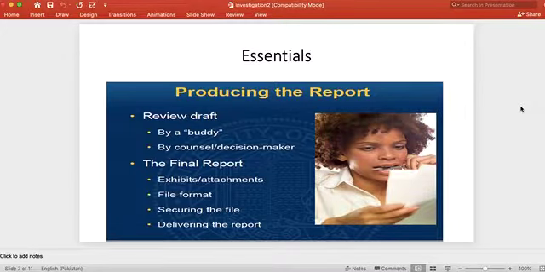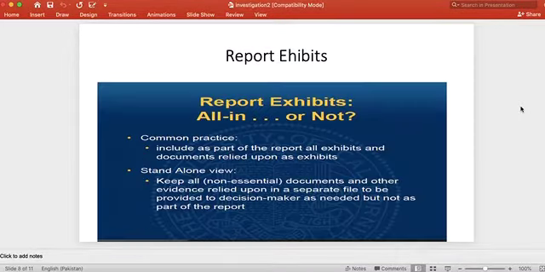When the report is in the final phases, we need to see whether the exhibits are attached or not, and whether any of the documents which are required are attached. What is the file format required? Are we doing it in the same way as the file format is required, or not? The same is the case with securing the file. I mean, sometimes the security of the file may be in trouble, where people can steal the report, steal the data, and in order to avoid that, what is the security of the report? And then how will the report be delivered to the person intended? All these things should be considered before the report is sent to the person concerned.